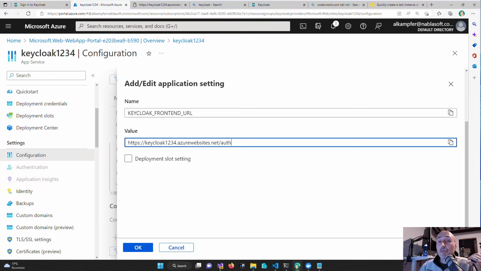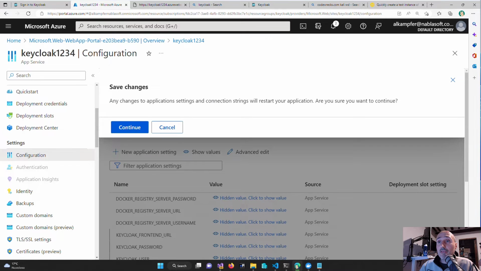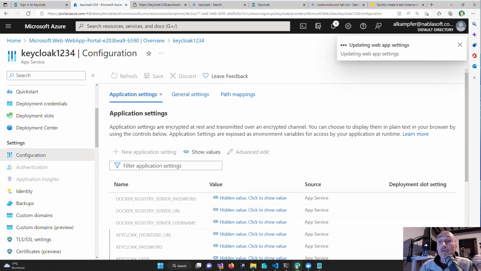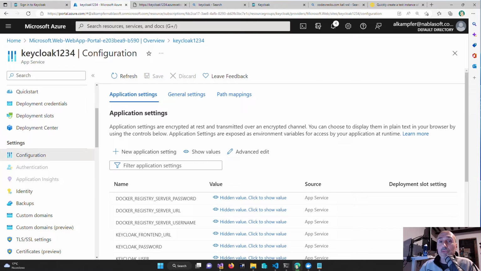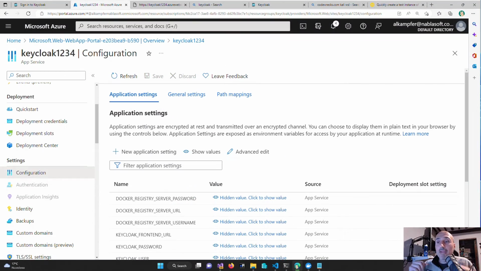And this will configure Keycloak to be aware that this is its public address. Now, after you save all this configuration, you can just press save and continue, and this will restart the whole container. It will reconfigure and everything. It will need a little bit of time, usually 1 minute, and then your instance should be ready to be used. In the meanwhile, while the container is up and it's configuring itself, you can also go to Deployment Center,